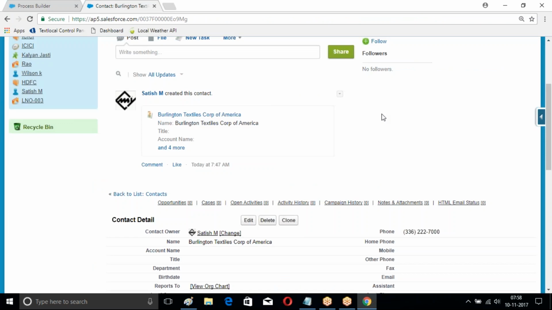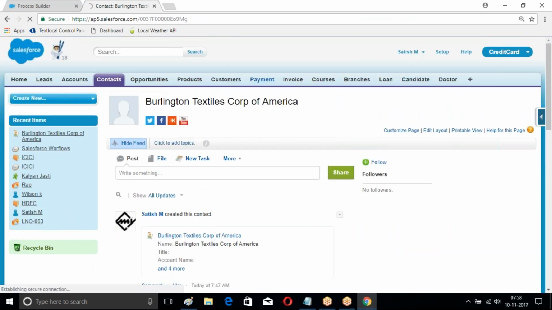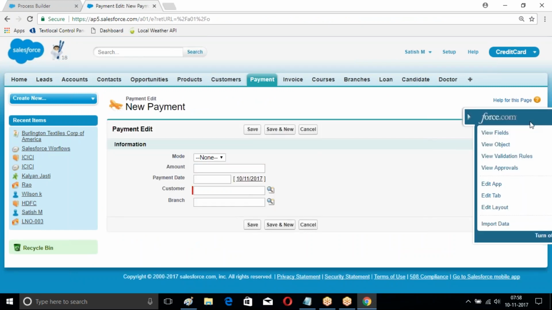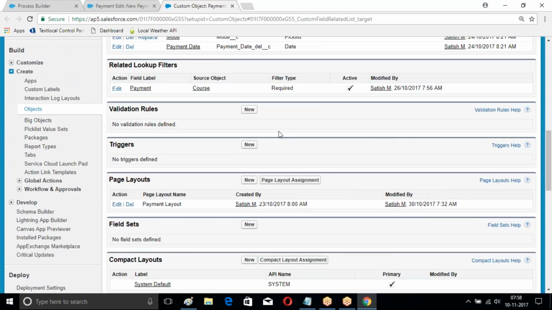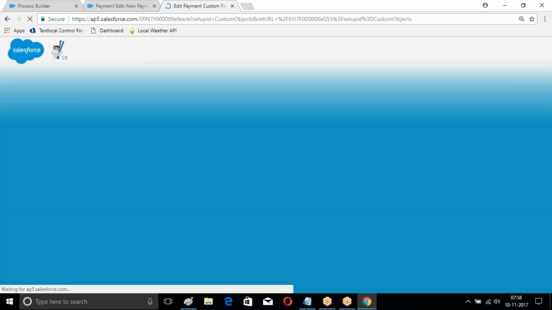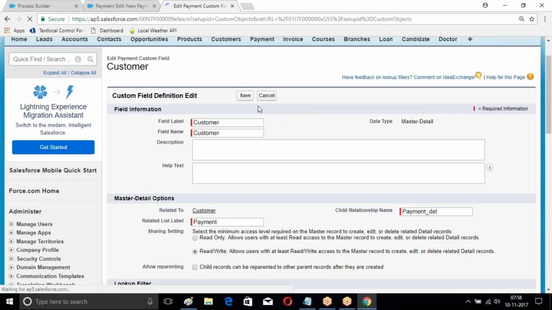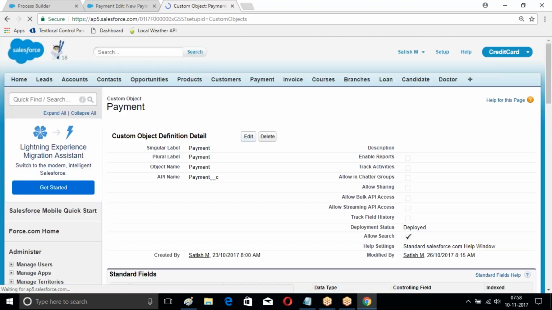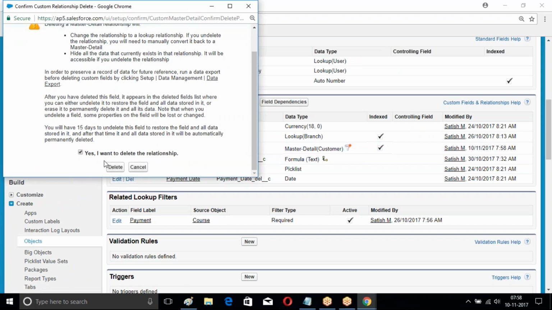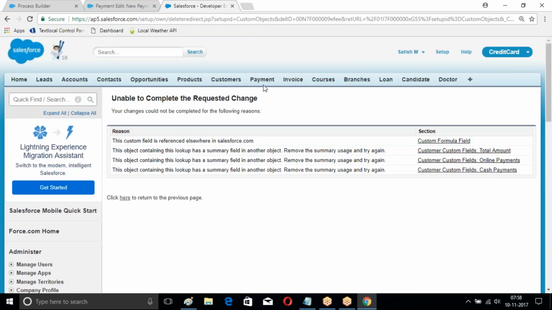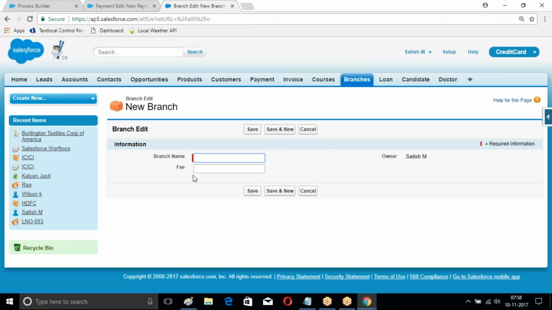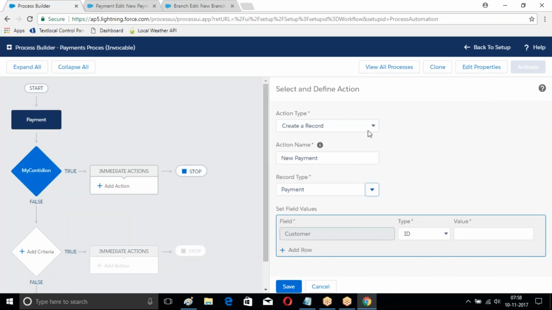Their customer ID. So I was supposed to create something which has a relation. Branch name and fee. So create a record,